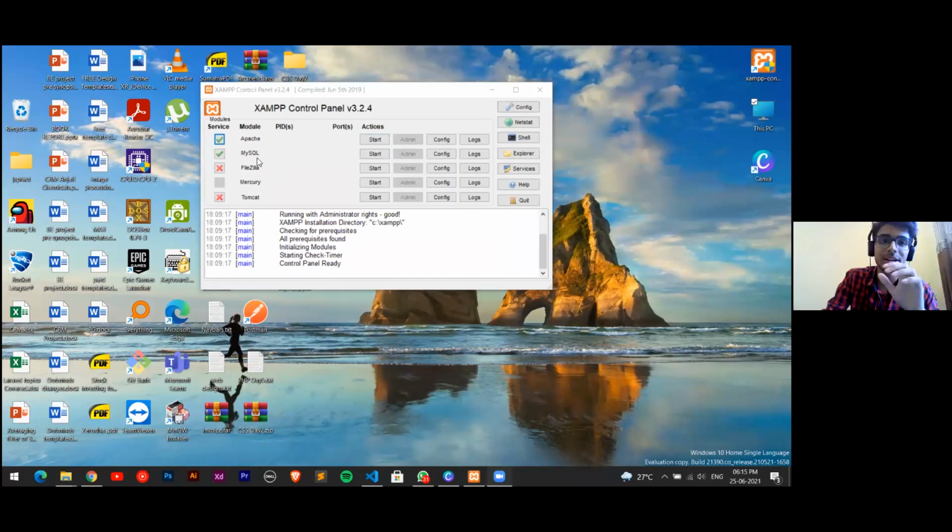Yeah, it won't take, but at least the module would turn green, not the box. Yeah, so it started basically. You will see the PIDs and ports, like if I just start this, you will see the PIDs and ports.